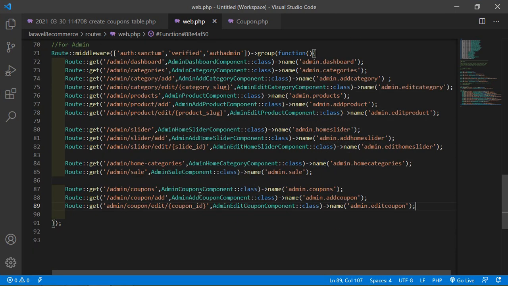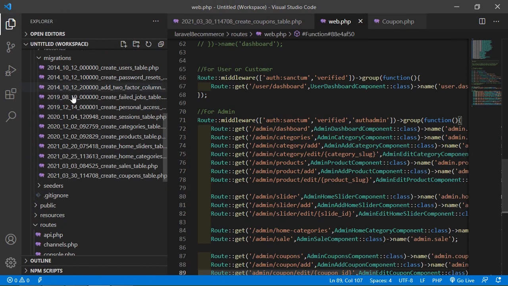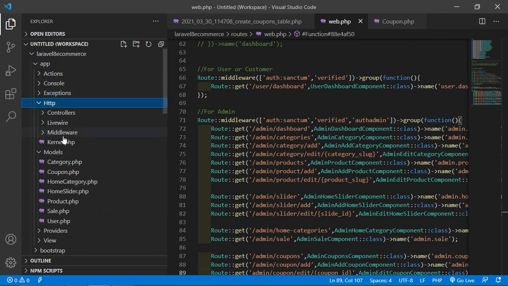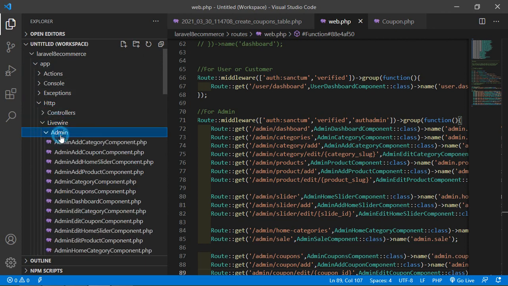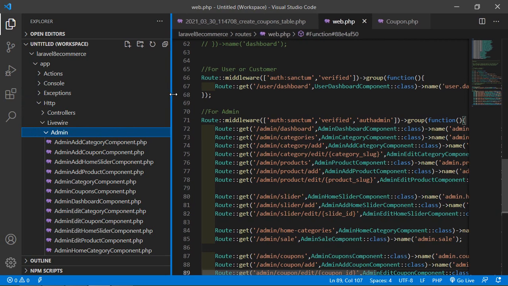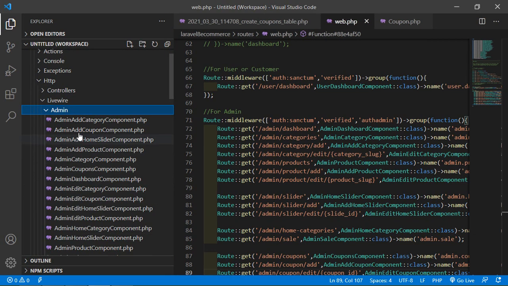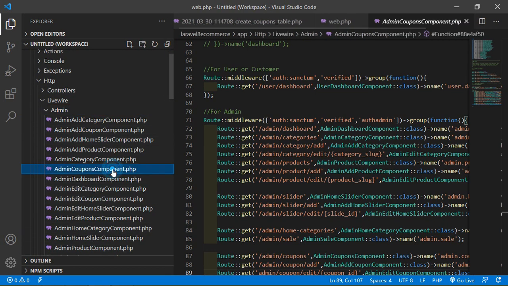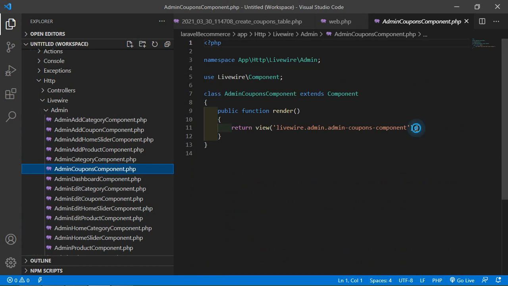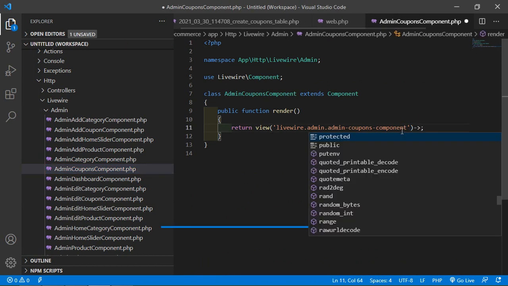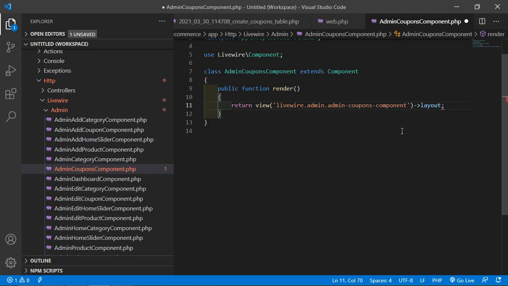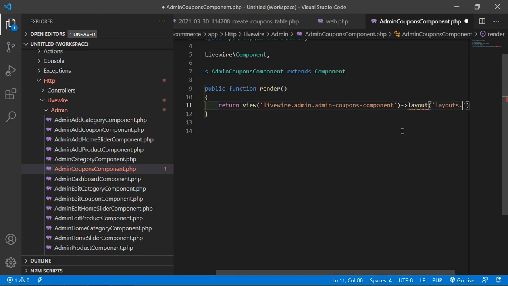Now let's add the layout inside these three components. So go inside the app directory, then Http, Livewire, Admin, and just open the AdminCouponComponent.php file, and inside this file let's add the layout. Add here arrow sign layout, and inside this add the directory name layouts dot layout name, which is base. All right, and now just copy this